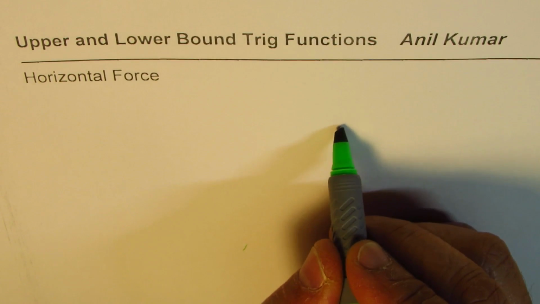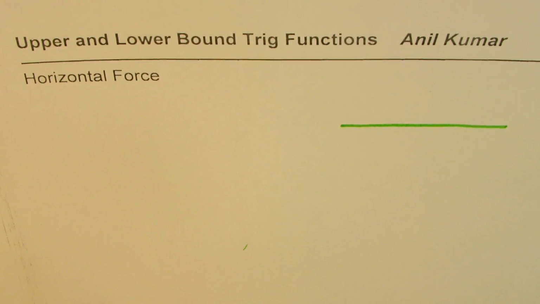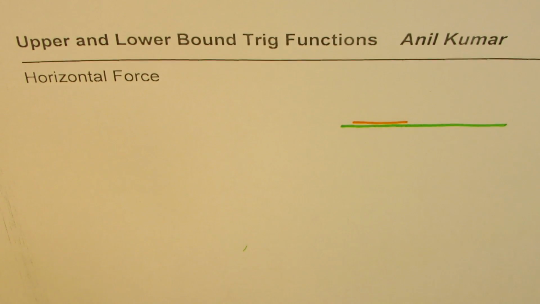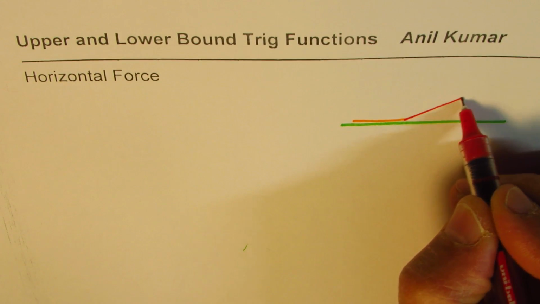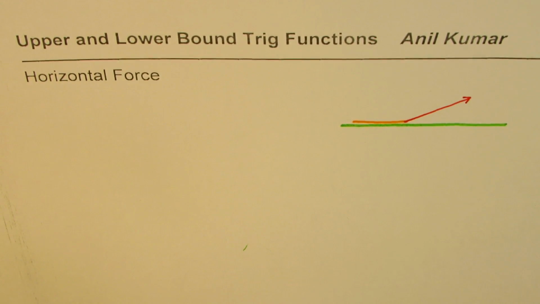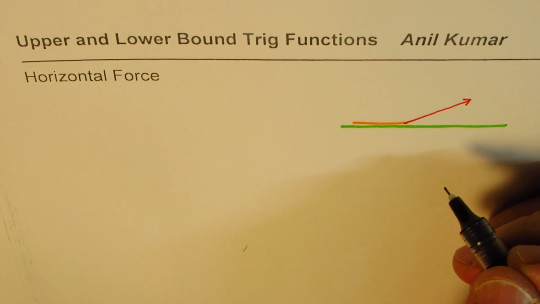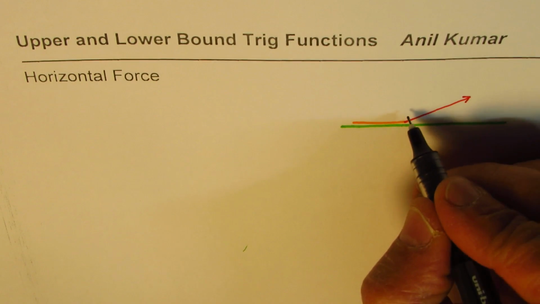Let us say a person is pulling a sledge. So let's say this is the sledge and the person is pulling it. When you pull, you apply a force at an angle. So let us say the force is being applied at this angle. Now in my diagram, I'll assume that the force being applied is approximately, let's give some number,